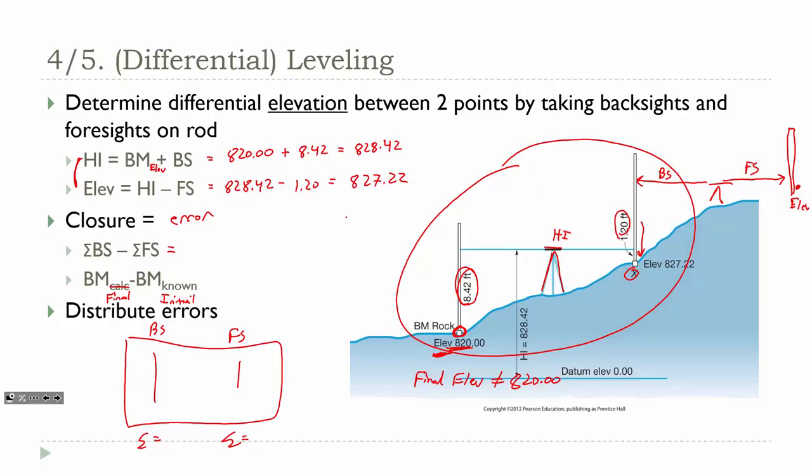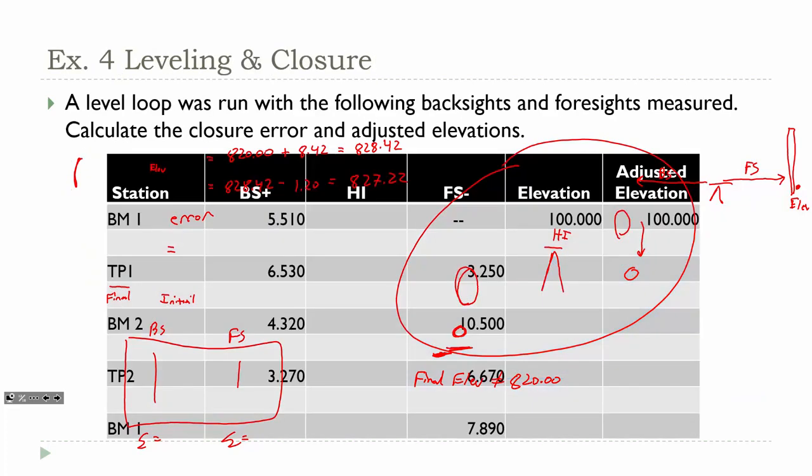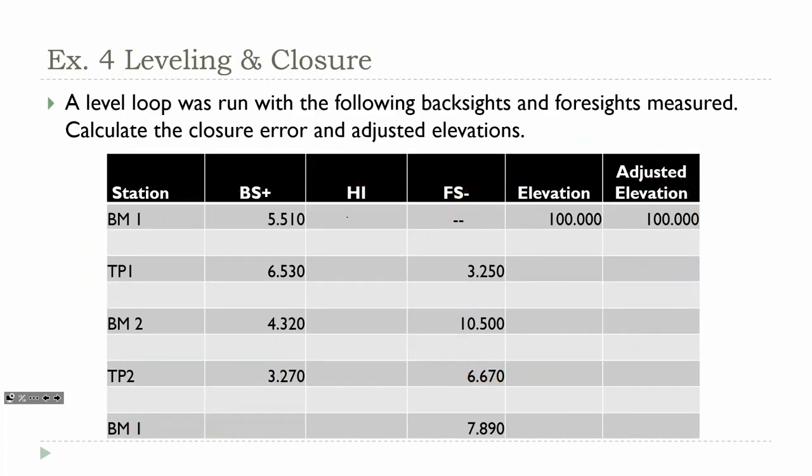So again, I don't know how detailed a problem you might get on this on the FE, but this example will go through each of the steps. So calculating the HI. Here, HI is equal to the elevation. If we have a starting point of 100, so this is our initial BM1, we're going to add the backsight. Let me write the calculation over here. So 100 plus 5.510 equals